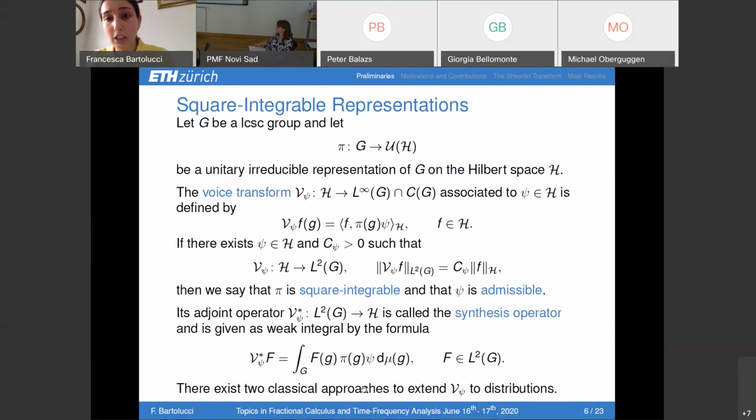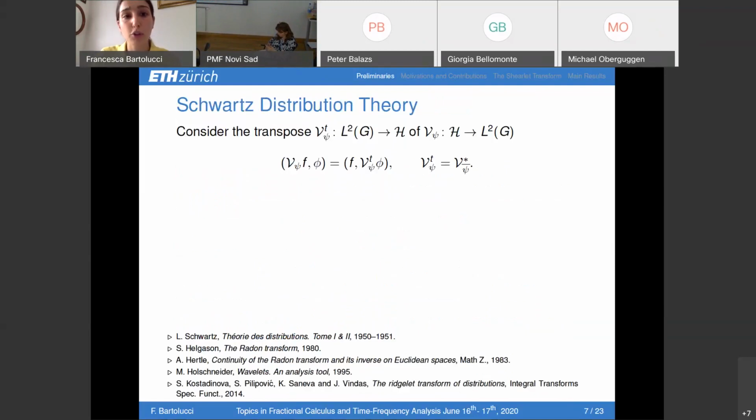A classical issue in harmonic analysis is the question of how to extend this voice transform from Hilbert spaces to more general spaces, so spaces of distributions. There are at least two classical approaches. The first one is, for sure, the theory of distributions introduced by Schwartz in the early 50s, in which we consider